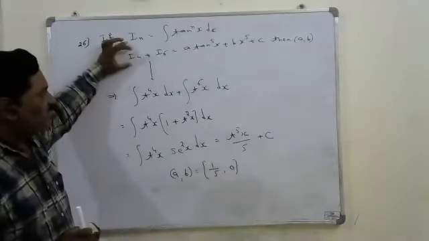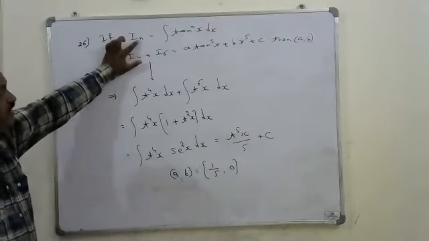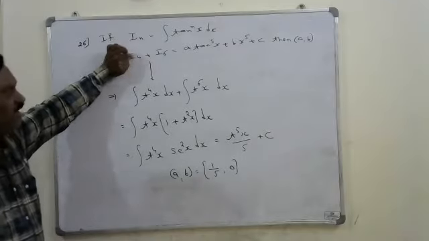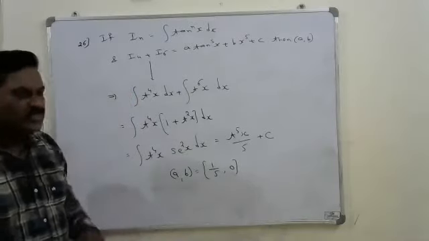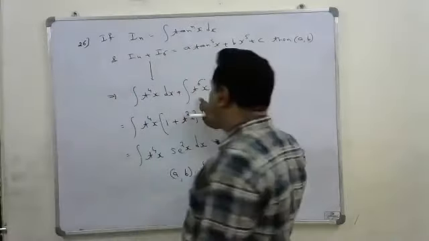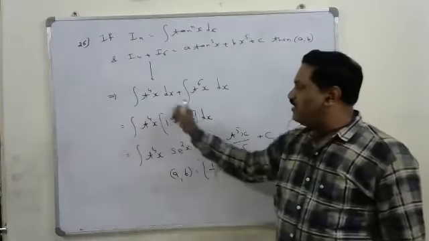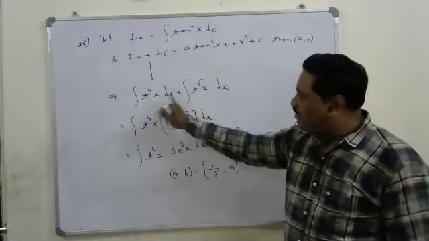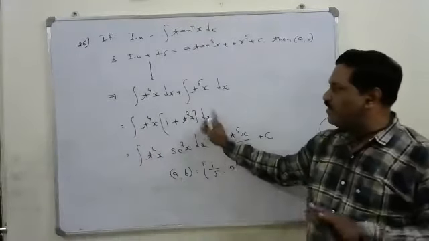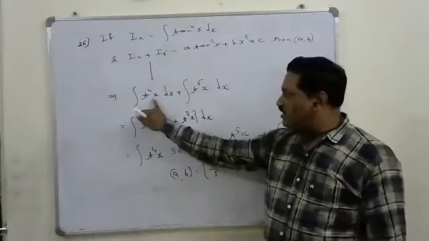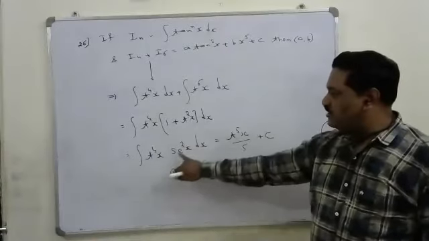Want to find it? First we'll take this LHS side. I4 plus I6. I4 means you have to replace n by 4. In the place of the n, keep the 4 here, which is integral tan power 4x. That is I4. Plus I6 means integral tan power 6x. That is the I6. Now from these two terms, I can take this integral dx common, as well as tan power 4x also I can take common. Remaining is 1 here, plus tan square x here. 1 plus tan square x, which is secant square x.